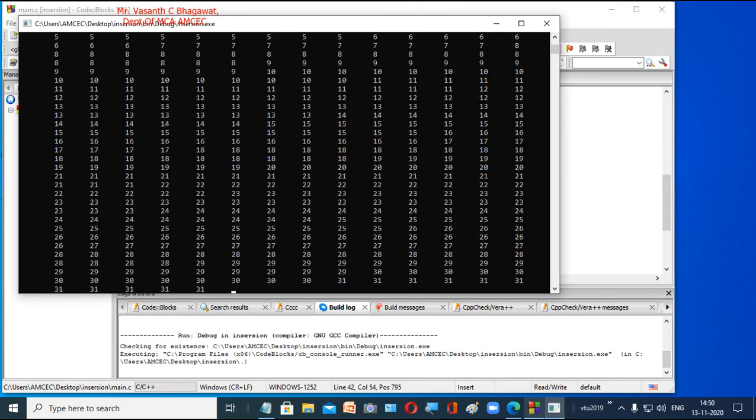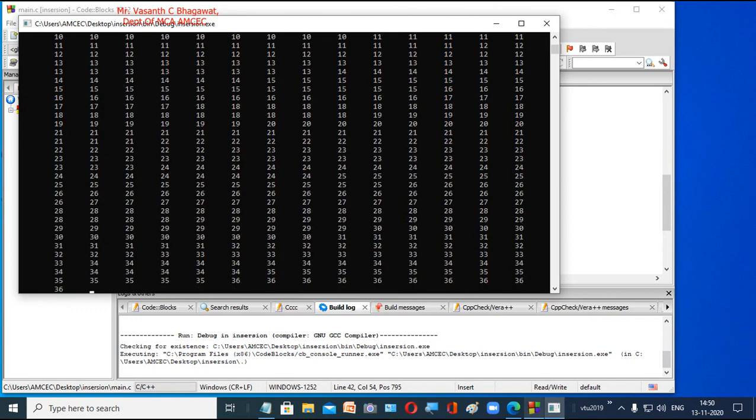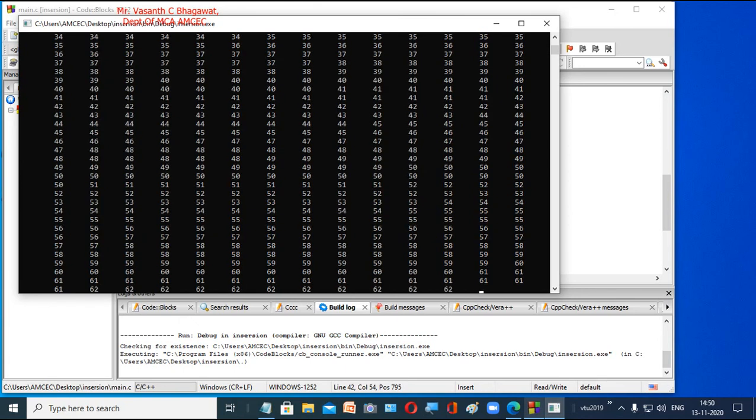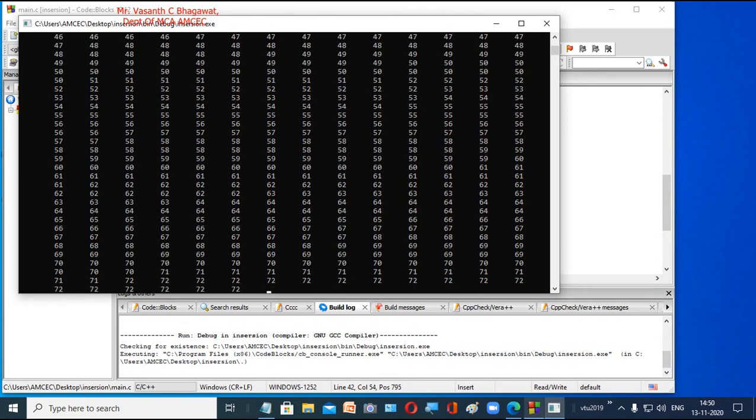Of course, when you work with your own system, you might get it very fast, because it depends upon your RAM and speed. Let us see whether, for this particular input, we are able to get some time.